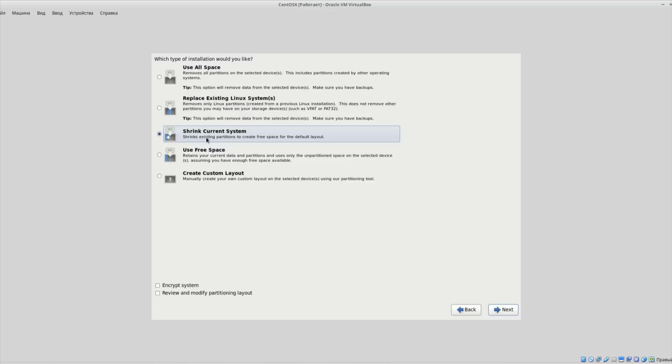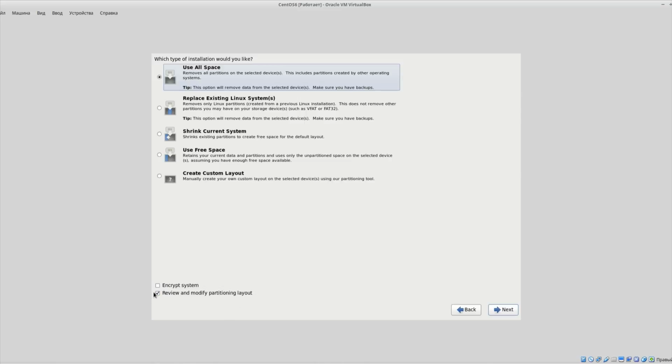It could also suggest to shrink the existing system, just use free space, or create a custom layout. There are also two options at the bottom left, to encrypt your system and to review and modify the partition